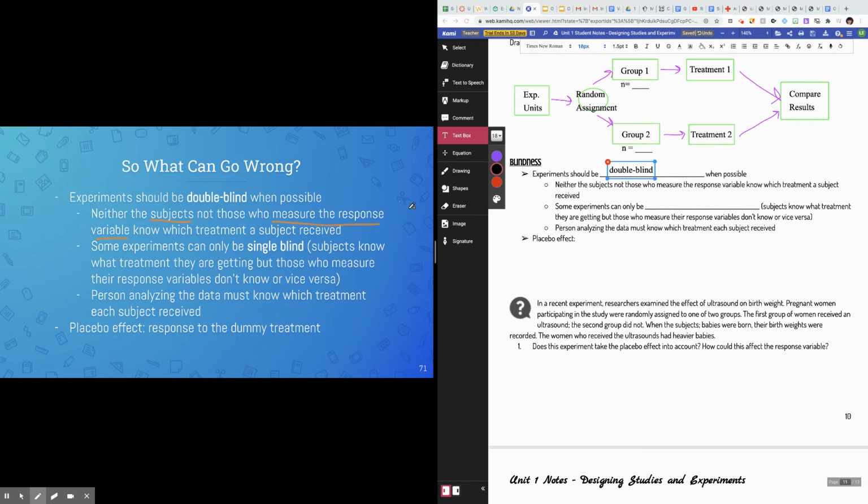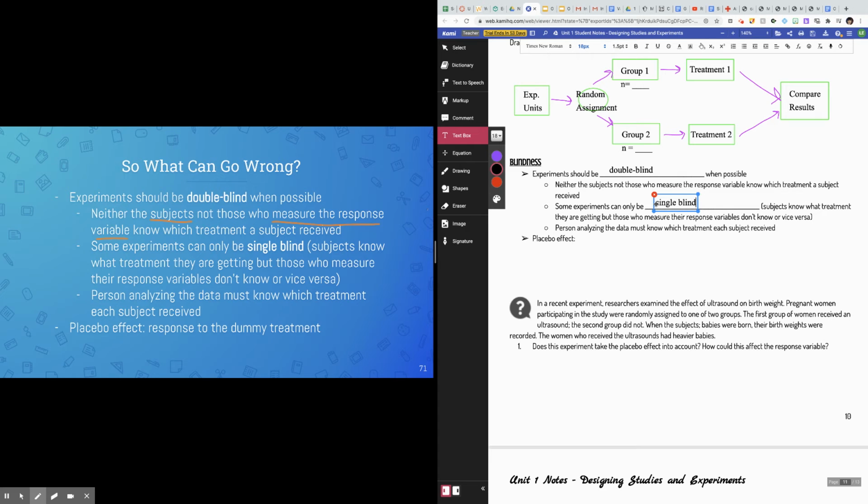Sometimes that second one is not possible, right? That's very difficult in some studies. So some experiments can only be single blind. That would be when the subjects may know what treatment they're getting. So say you were doing an experiment with types of exercise, right? The subjects can't be blind there because they have to know what exercise they're supposed to do in order to actually do it, right? But the people who they report their data to, or who measure whatever that study wanted to measure, maybe wouldn't know